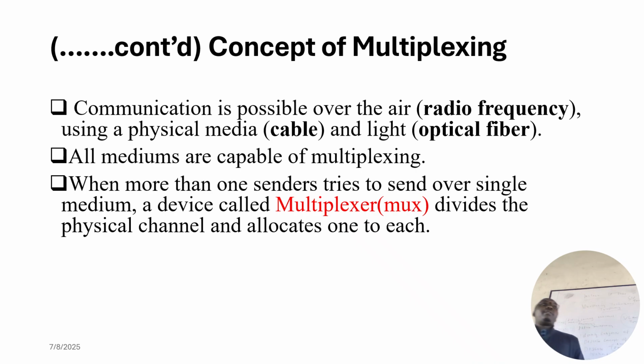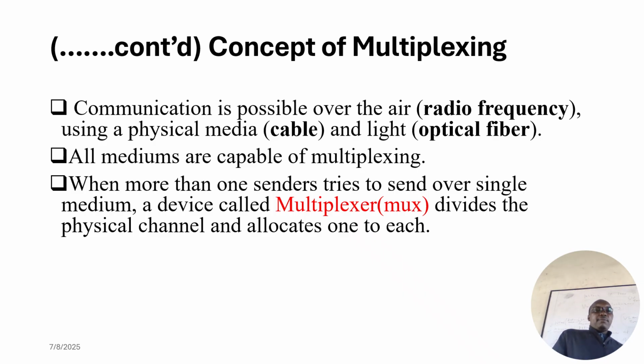Here is about the concept. So we can achieve multiplexing wirelessly, and we can achieve multiplexing in the physical media. The physical media here we are referring to are STP and the coaxial cable. And then when you talk about light, optical fiber,